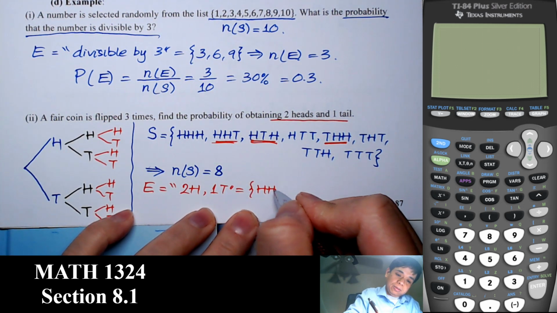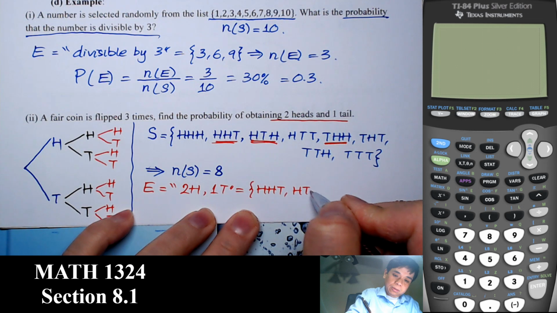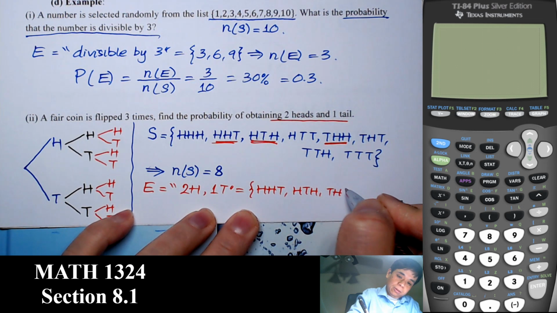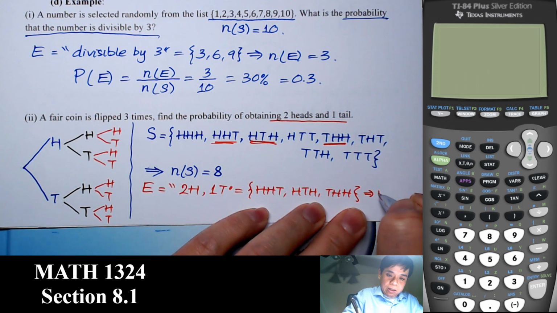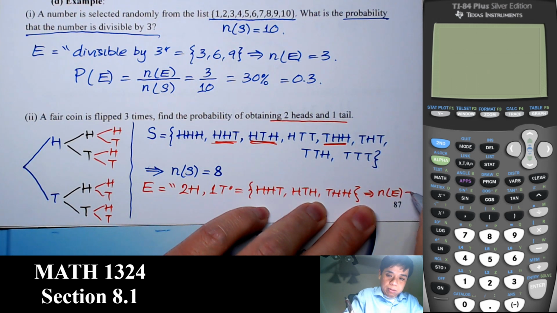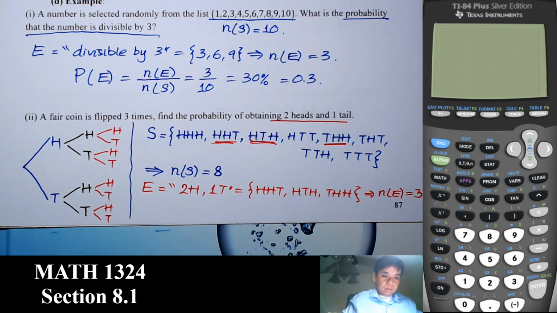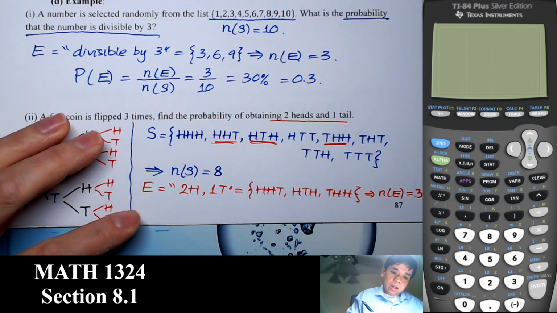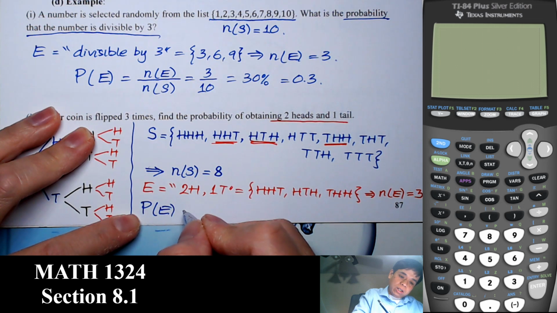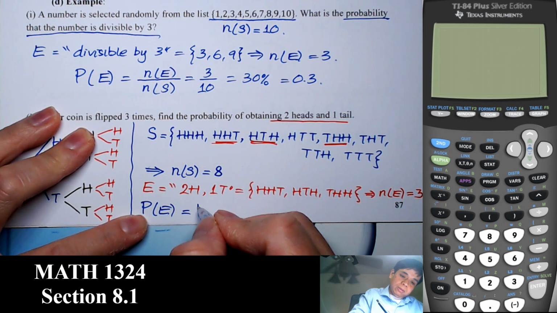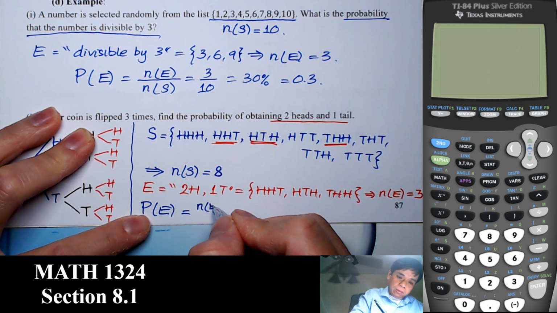Let's list them. And there's 3 of them. So then the probability of getting this event of 2 heads and 1 tail is